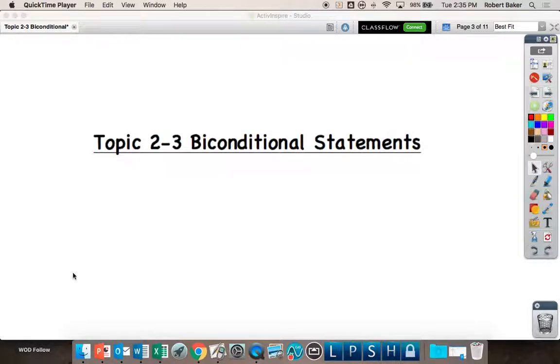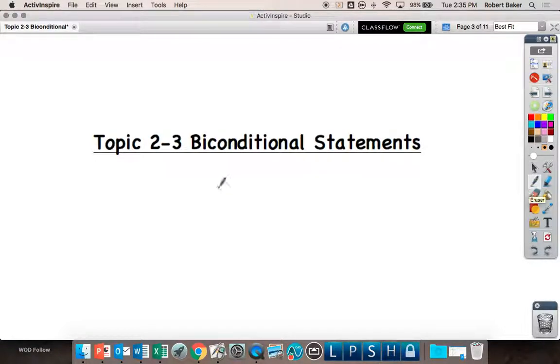Okay, biconditional. You guys hear this word bi a lot these days. If something is bi-directional, what does it mean? It goes both ways. So that word bi means it goes both ways. So biconditional means it goes both ways. It means you can read it forwards and it makes sense, or you can read it backwards and it makes sense. But in geometry,